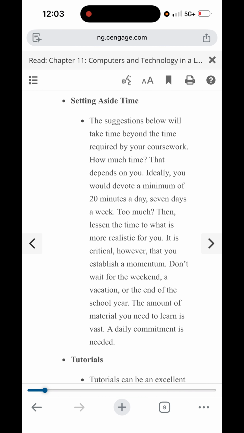Set aside time. The suggestions below will take time beyond the time required by your coursework. How much time? That depends on you. Ideally, you would devote a minimum of 20 minutes a day, 7 days a week. Too much? Then lessen the time to what is more realistic for you. It is critical, however, that you establish a momentum. Don't wait for the weekend,